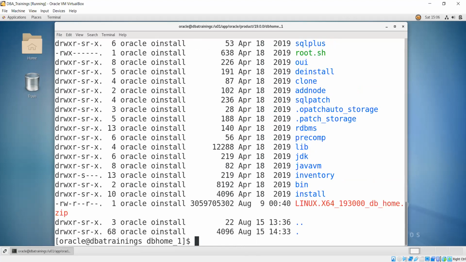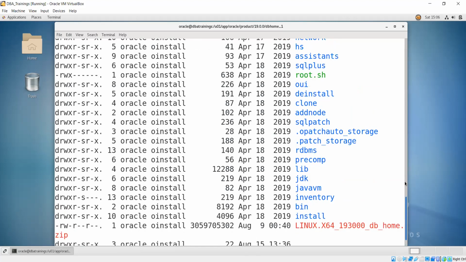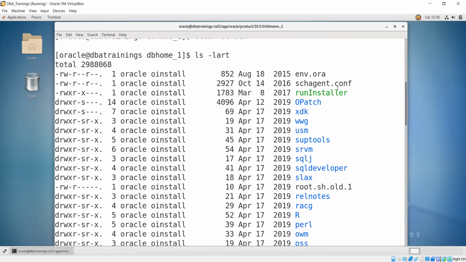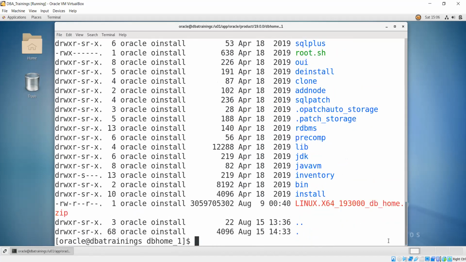Let me see the file name which I'm going to run, and then we see the result I am getting. So here I am ready for installation, and I hope you all are also ready for that. Let me run this for execution. I need to give runInstaller.